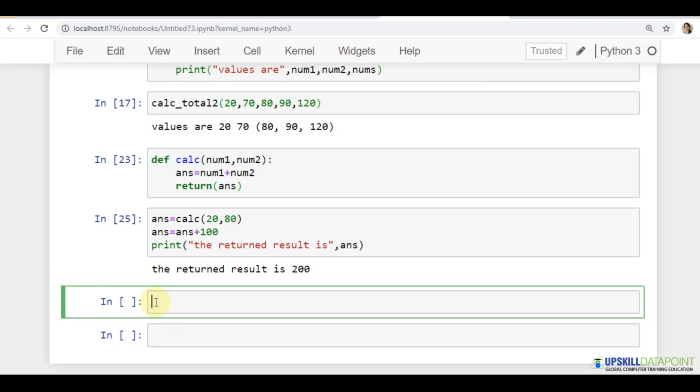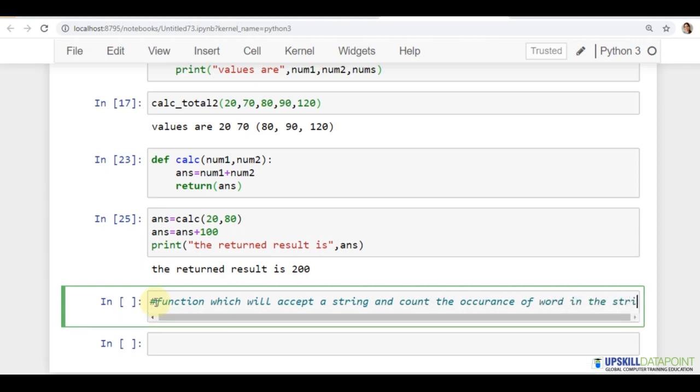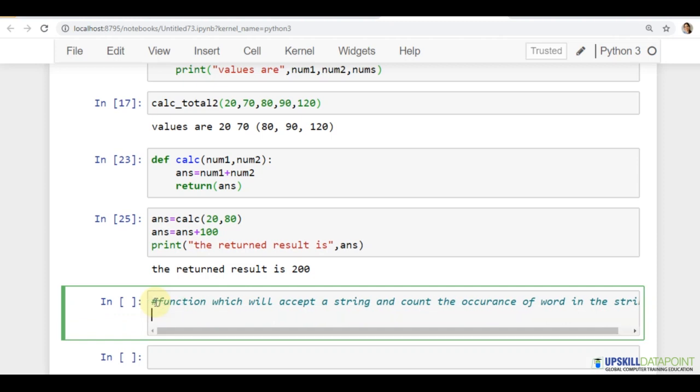Help of string methods, what we had already learned in the previous lecture. So let's make a function which will accept a string and count the occurrence of a word. Okay, now we'll start the function definition with def, and we'll call it word count.